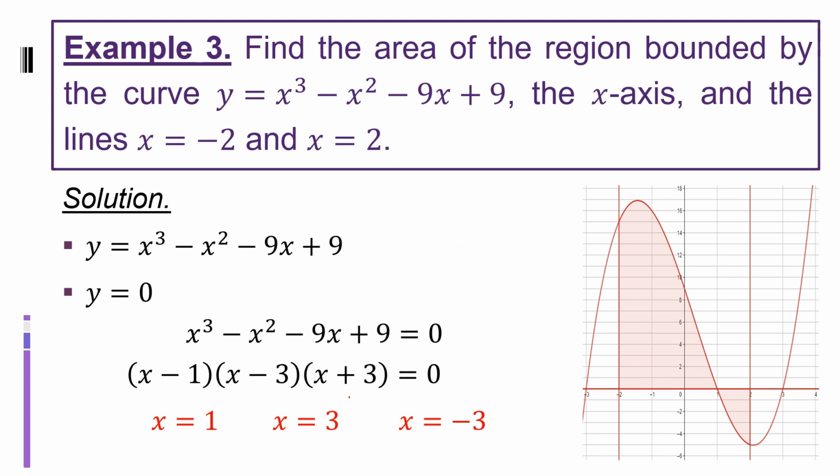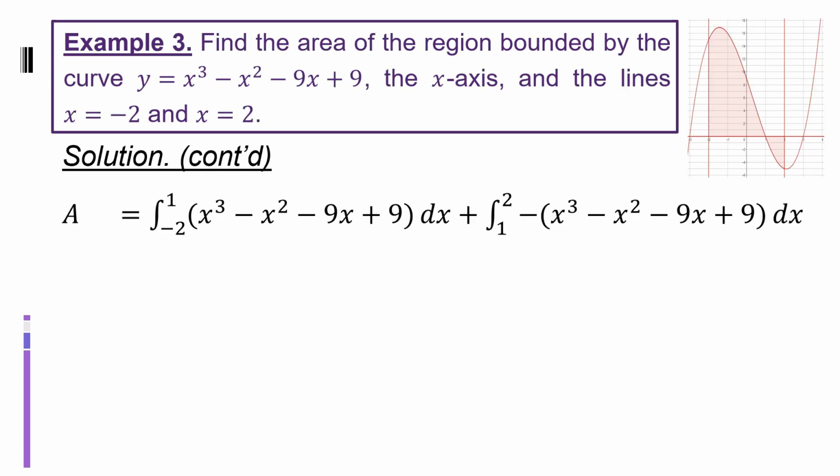So, hindi nakasali si 3 kasi sobra na, hindi na rin kasali si negative 3. And obviously, sa 1 nga talaga siya nagpa-pass through, or yun yung kanilang intersection. Therefore, pwede natin kunin ngayon yung area from negative 2 to 1, and then from 1 to 2. So that is,